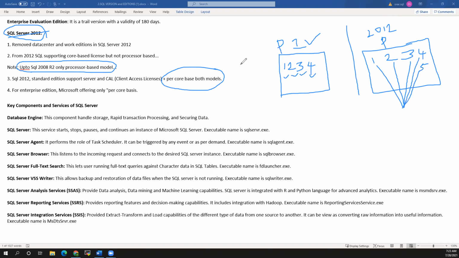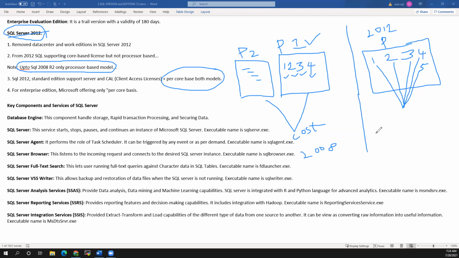Before that, it was based on processor 1 and processor 2. So based on the processor, the cost we had before SQL Server 2008.